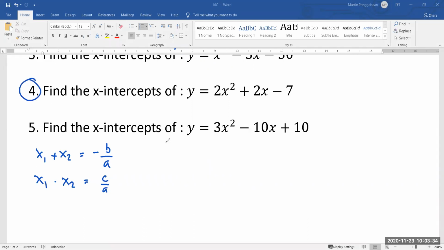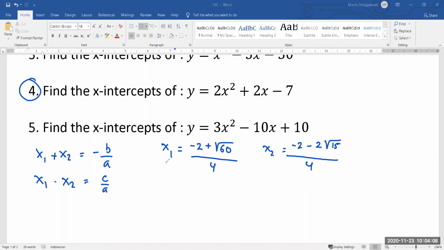Okay, number 4, after you try to do the quadratic formula, x1 is negative 2 plus square root of 60, I think, yes, over, I haven't simplified, okay? Square root of 60 over 4. So x2 will be equal to negative 2 minus, if I simplify it, 2 square root of 15 over 4, okay? So now